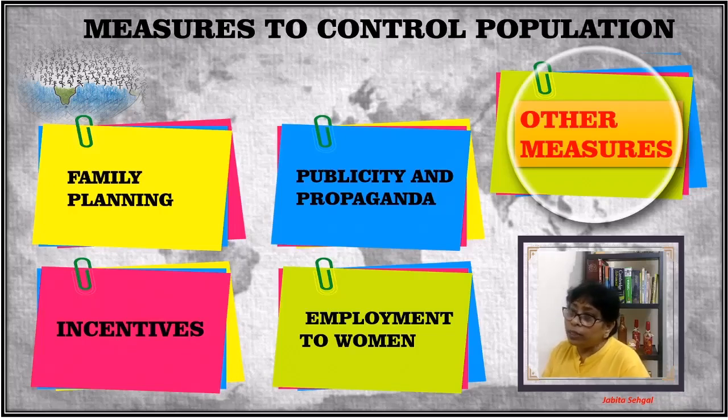Last but not the least is the employment to women. When the women are employed, they become economically independent and empowered. Hence, they have equal control on decision-making power in the family. With this, we conclude the topic World Population Growth